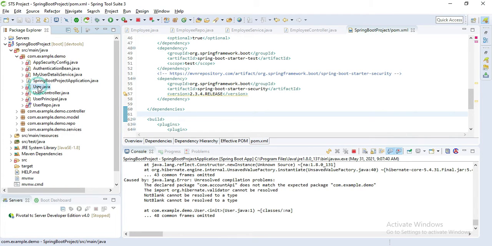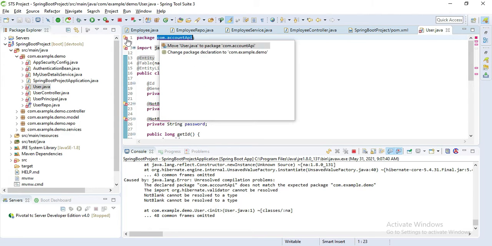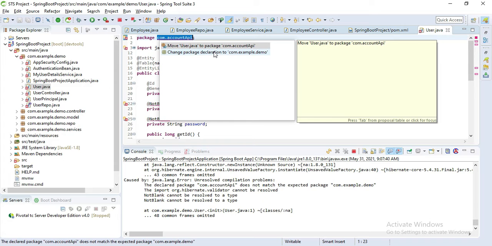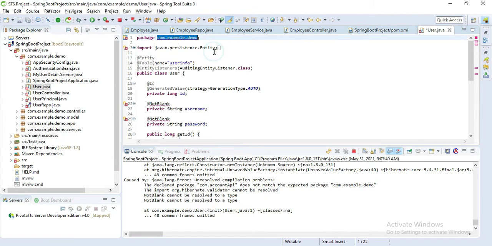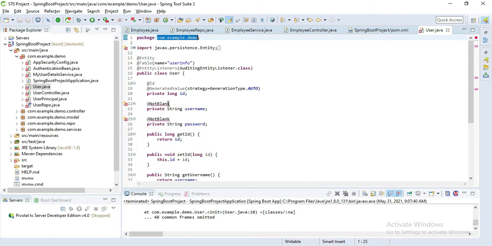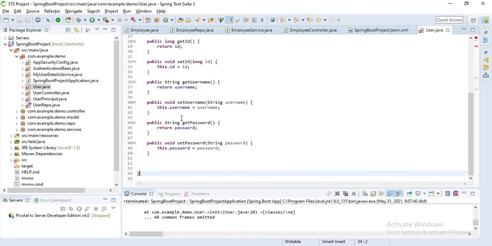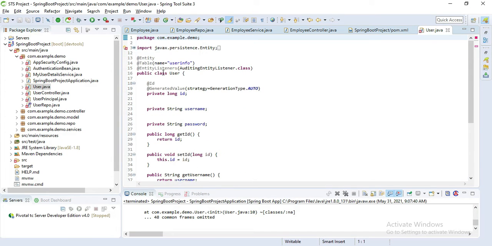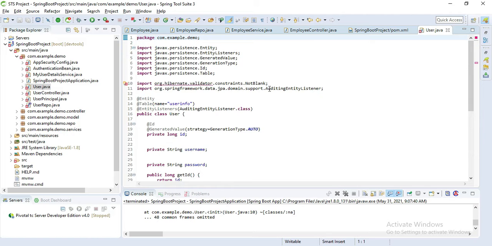Let's fix those files. I'll open them one by one and change the package. Click this icon and move package declaration. Control save. The project I copied this code from is an old project, that's why some things are deprecated. I'll simply remove this thing. Control save. You can see we still have an error. I'll remove this line also. Let's delete this, save.